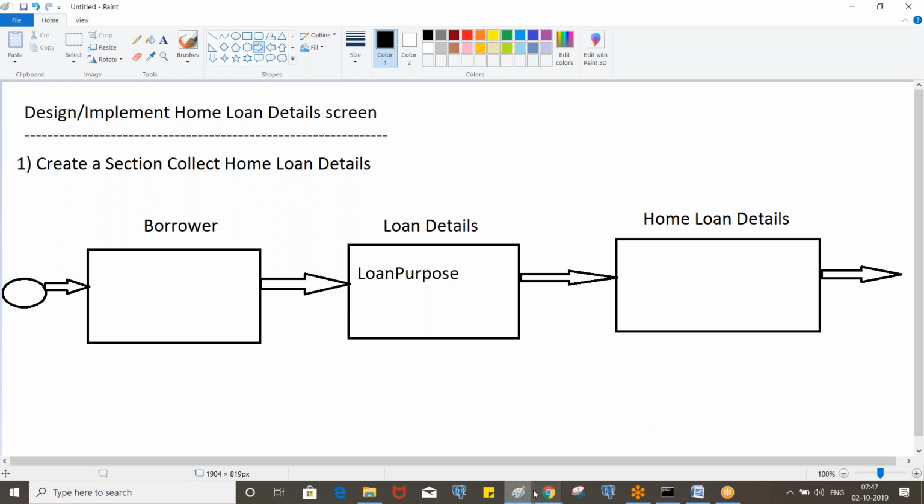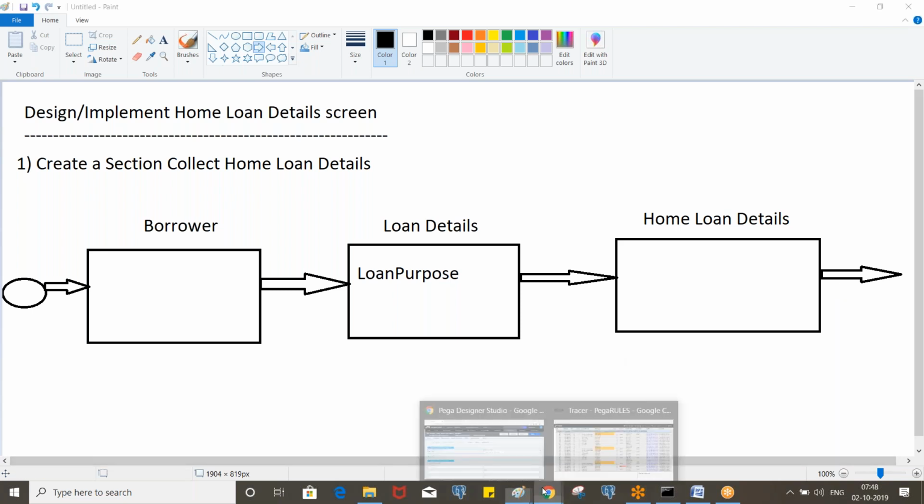What is the last point? Can you please repeat? So we have the loan details flow action in the work class, right? But we are writing the logic in the home loan class. So we cannot use this activity or data transform in the work class flow action. You need to save as into home loan and then you can call it. So this flow action will be specific to home loan, and you can call it in the pre-processing of this. Clear?